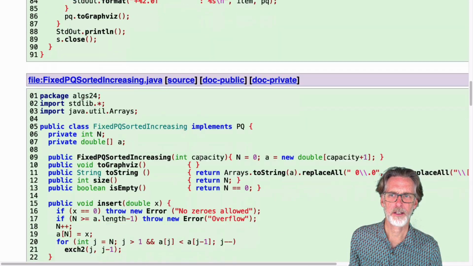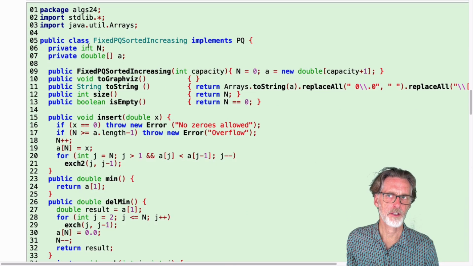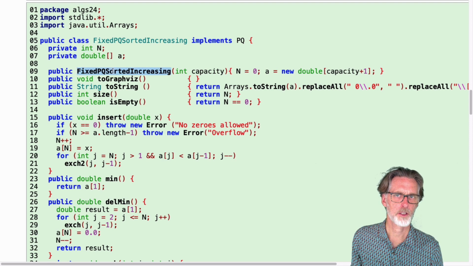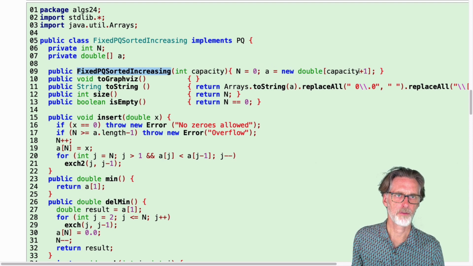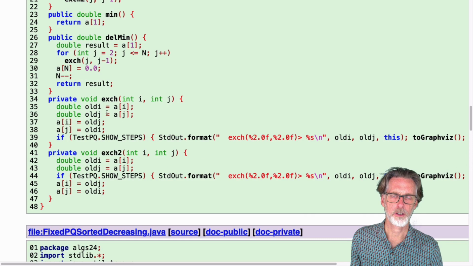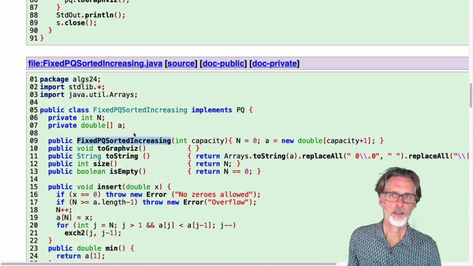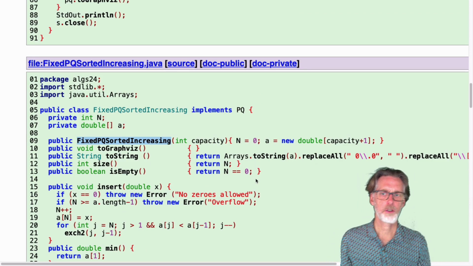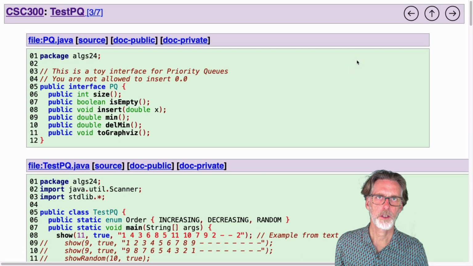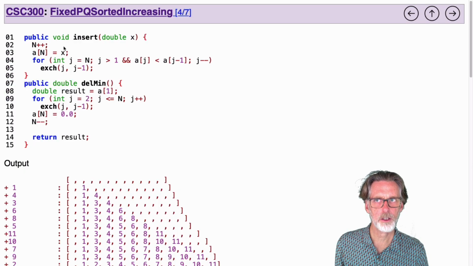And I've written the whole file down here. It's got quite a lot of stuff in it. We have the array A, we have some methods just to get us started here. The constructor just creates an array of the appropriate capacity. And the insert method does things, the min, the delete, and we have an exchange. The exchange is just going to swap elements at A of I and A of J. There's also some stuff in here to actually visualize and to deal with errors. And for the most part, that's a distraction, so I will skip to looking really just at the insert and